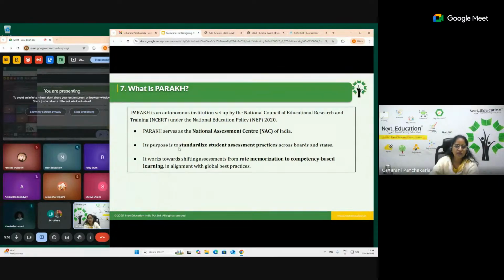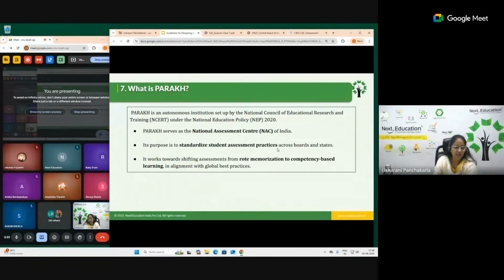The main reason here is that we need to standardize. As I said, there are different boards across India, with 60 state boards, including state boards and others like ICSE. There is a need for standardizing these assessment practices because there is too much diversification and too many discrepancies and disparities. That is where the need for bringing out an equivalence across the boards and states with respect to assessment pattern and style comes in, so that competencies are aligned. When any student comes out of a state board or CBSE, the ranking would be the same, the percentage would be the same.